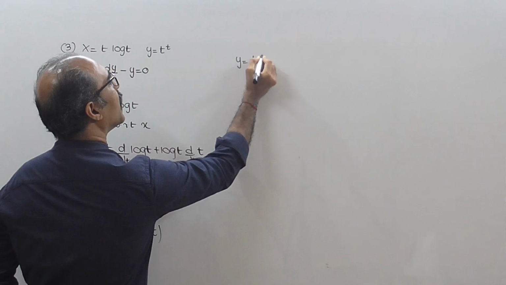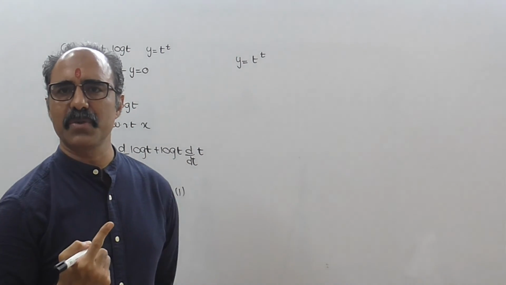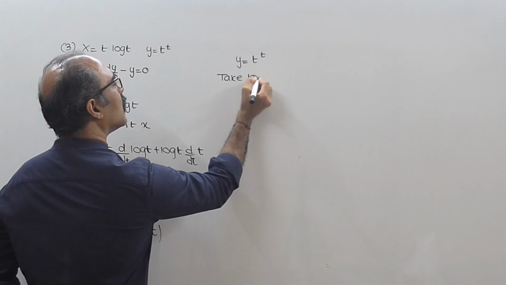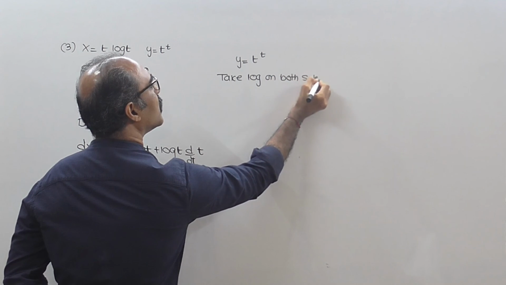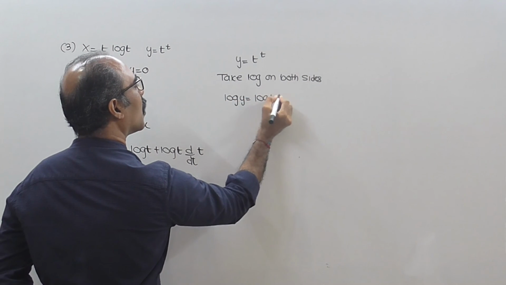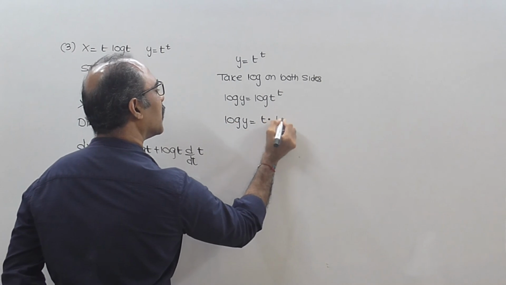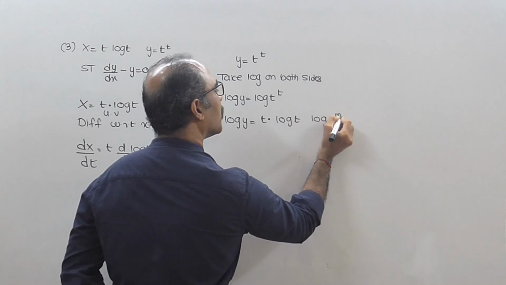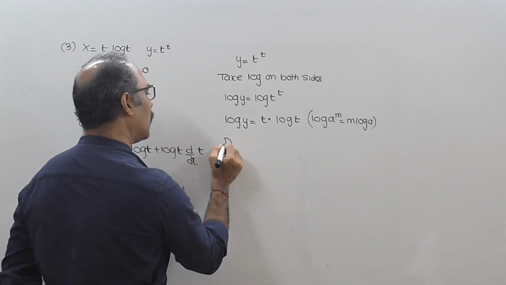Coming down to y equal to t raised to t. This is function raised to function, that is f of x raised to g of x. So you cannot do it directly, so you have to take log on both sides. If you take log on both sides, you get log of y equal to log of t raised to t. That is nothing but log of y equal to t into log t, because log of a raised to m is equal to m times log a. Now you can differentiate